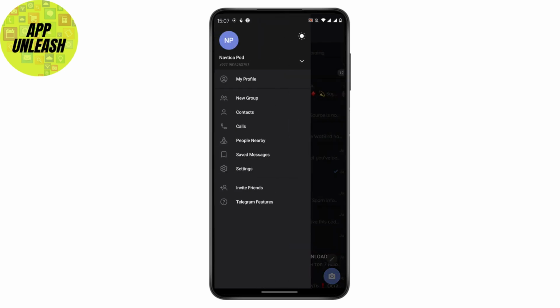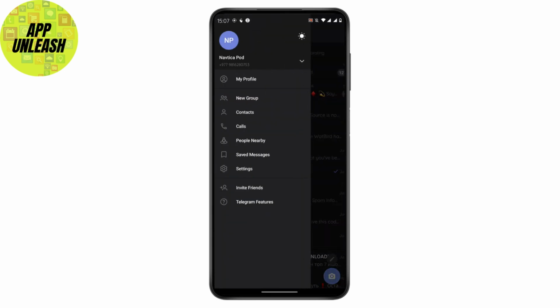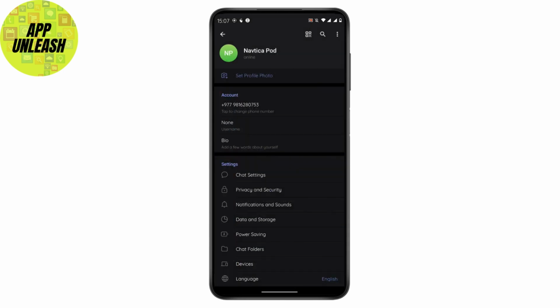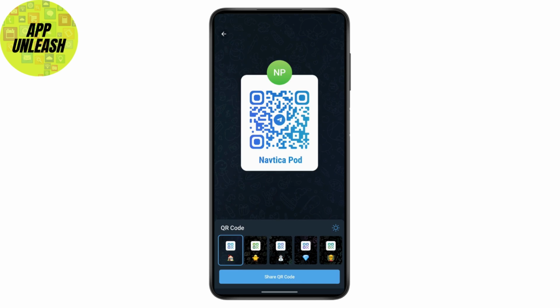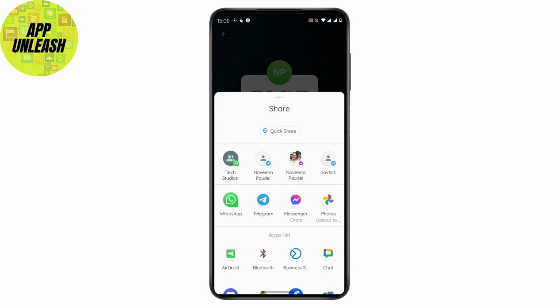to do that, what you can do is simply open up your Telegram application and then tap on the three bar icon which is on the top left, then tap on settings. After tapping on settings, in the top of your screen you will find the QR code option. Just simply tap on it, and after tapping on that, in the bottom of your screen you will find share QR code. Just tap on share QR code and then select the application that you would like to share